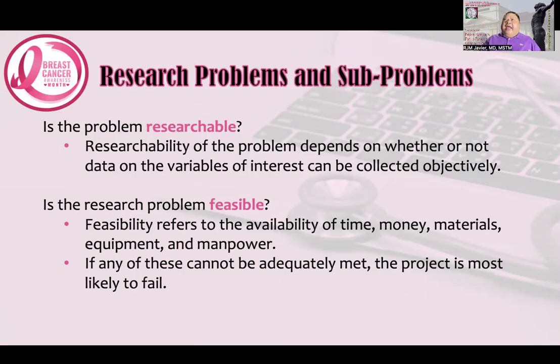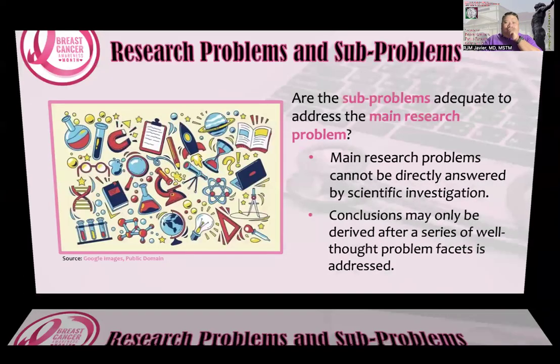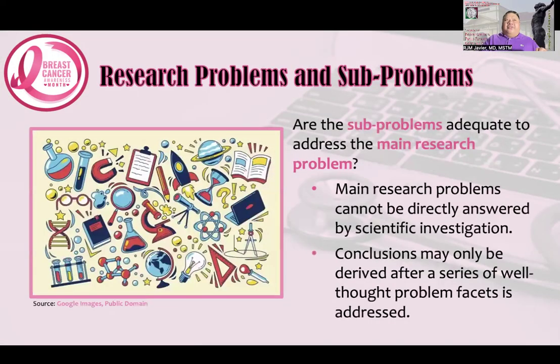So, again, it's not just an issue of whether or not your research problem is quantifiable, but we also consider factors of feasibility. We also look into the various sub-problems of your research question. Normally, your research question would have different issues or different concerns. And once you analyze each sub-problem and answer each one collectively, then you go back to the research question and answer it in its entirety.